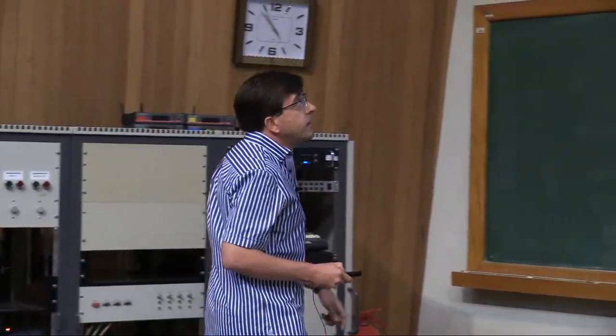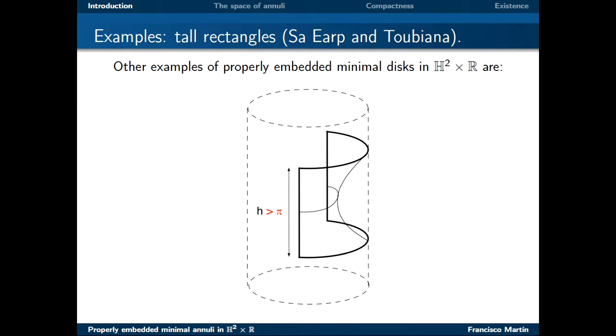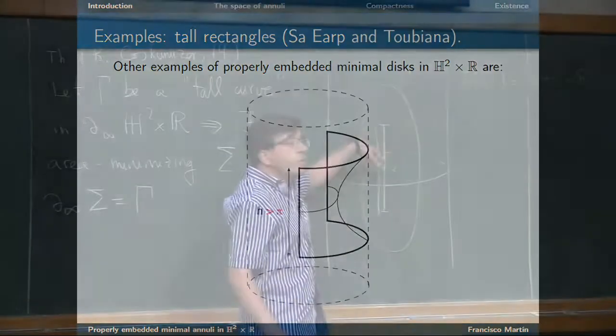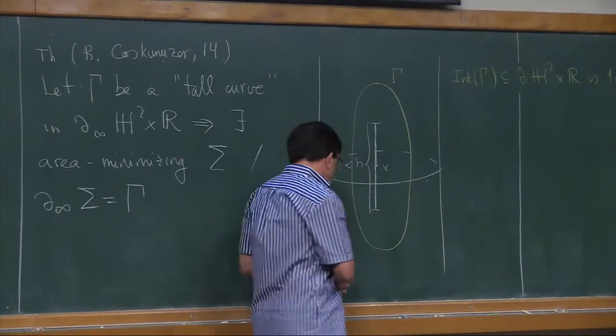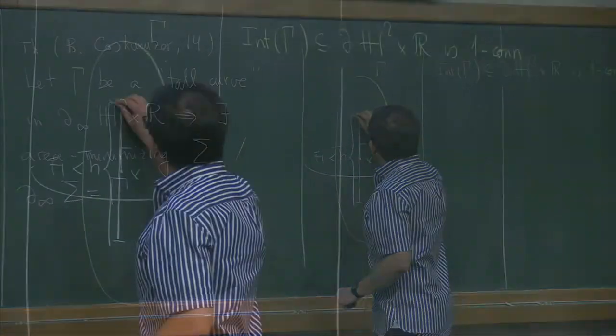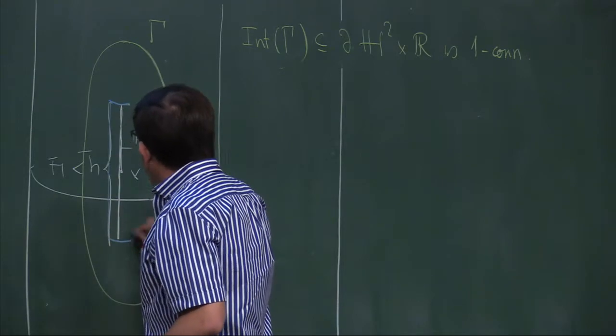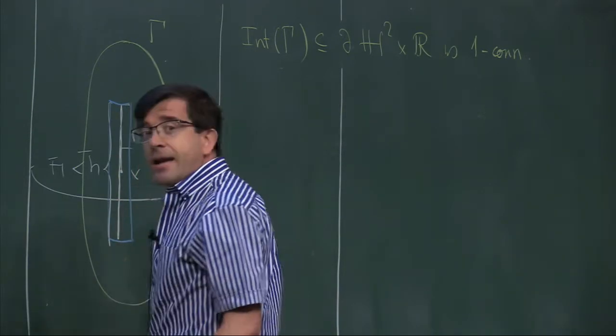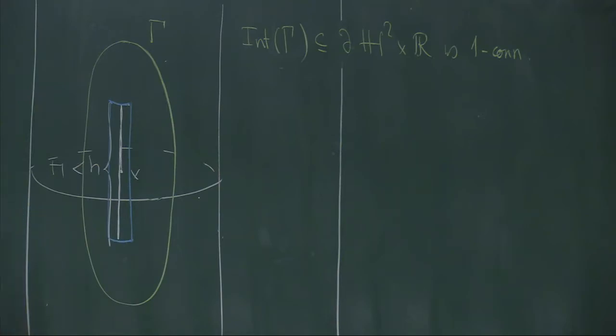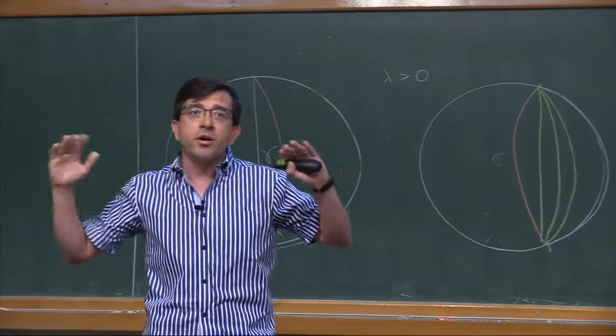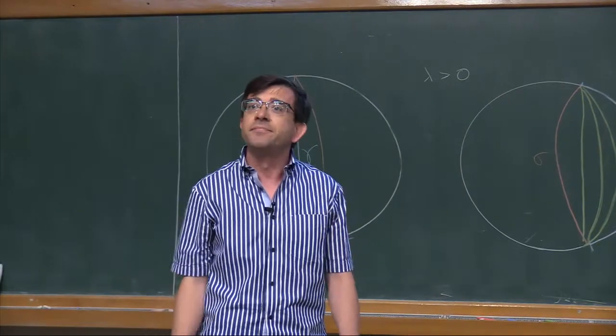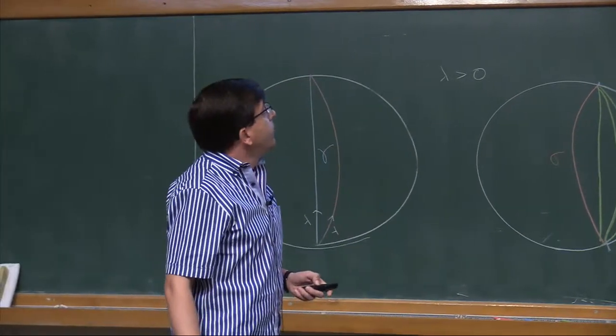So he uses these examples of Sa Earp and Toubiana and this fact that you always have this segment. That means that you can place here a small tall rectangle containing the point x. And this gives you a barrier to prevent the limit of the sequence from disappearing at infinity. Okay, so